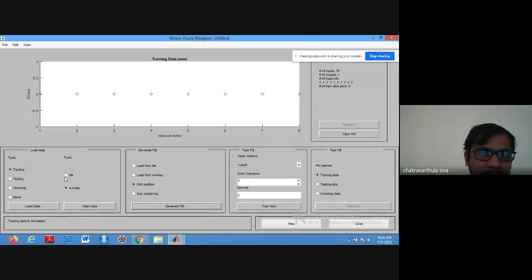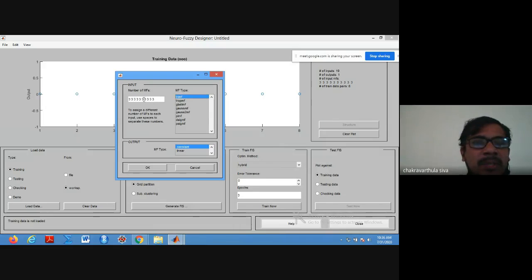So okay, now grid partition, then generate FIS system 3 by 3 triangular membership function and linear data, and then just click on OK. Take 3. Then output variables. Okay. One second, I will clear the data.